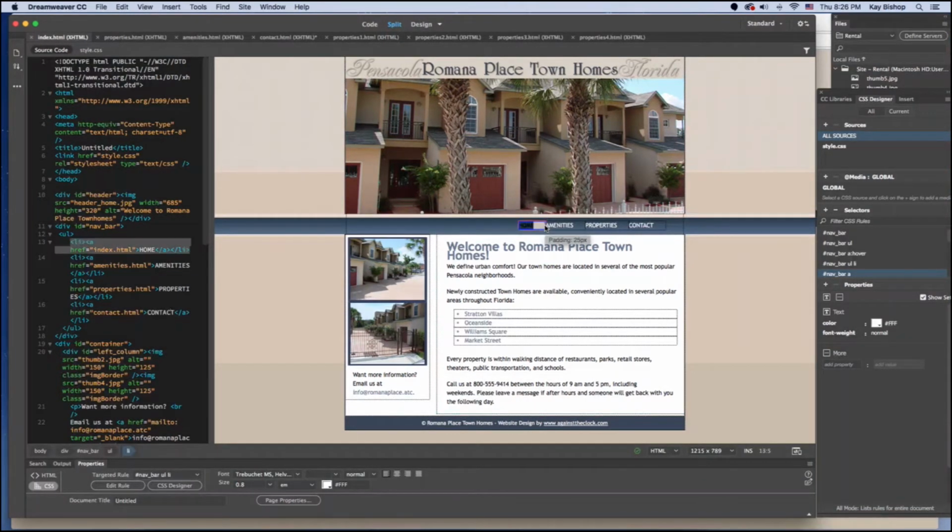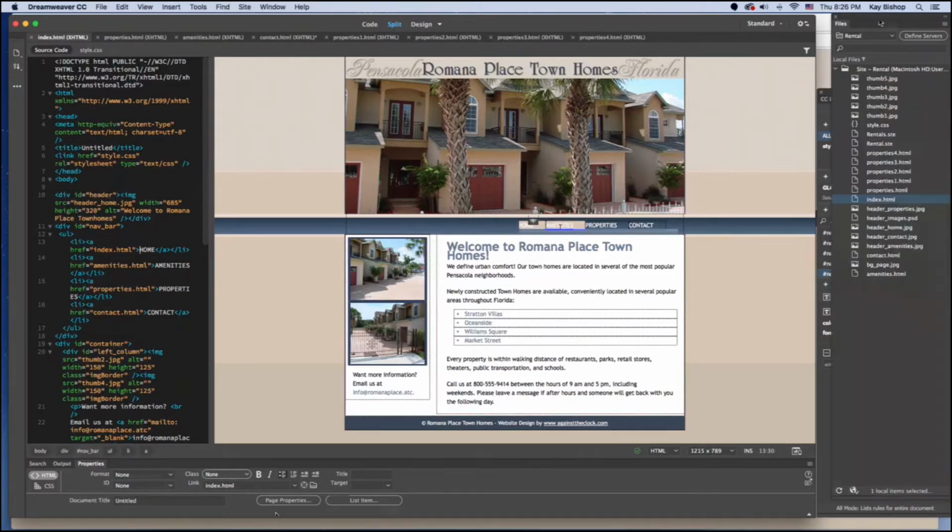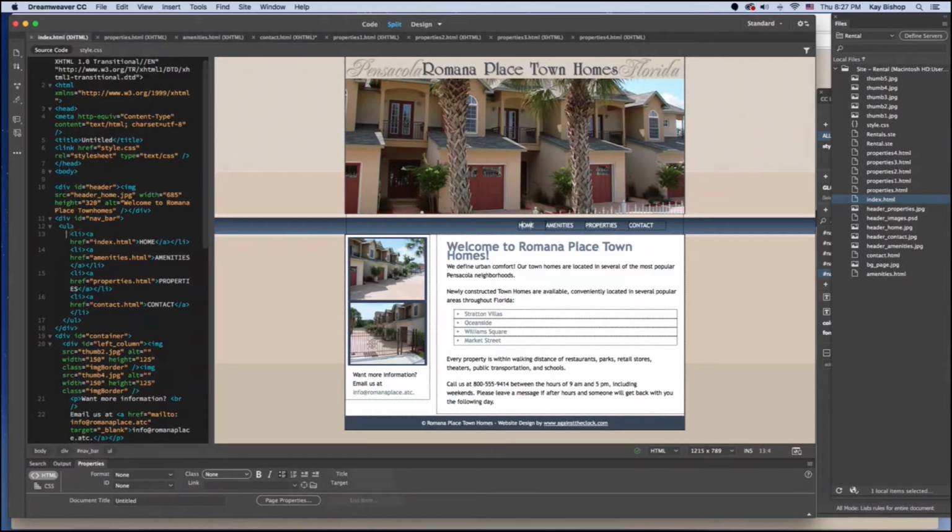Some shortcuts if you want to link all of your navigation pages. Instead of going to HTML in my properties panel and linking each one individually on every single page, you can copy the code. So if, for example, I'm on the index page now, I click in the navigation area. In my source code, I can copy that unordered list code. Just go to Edit, Copy,